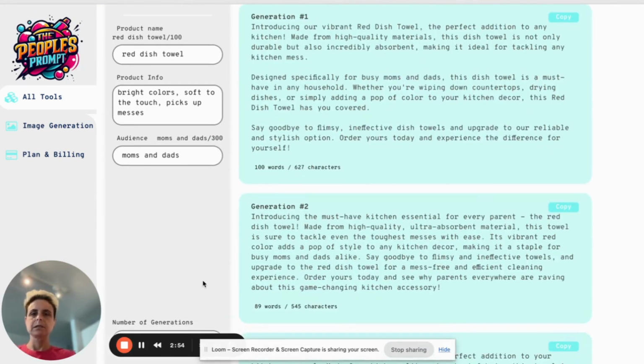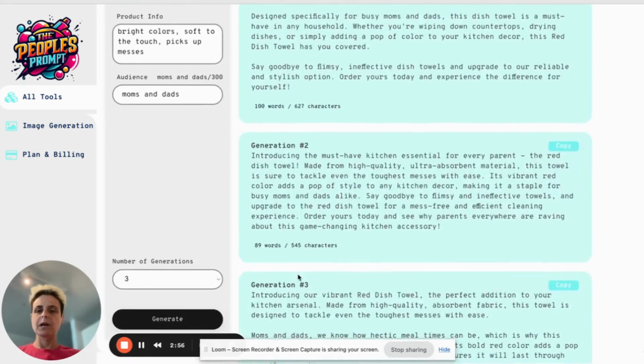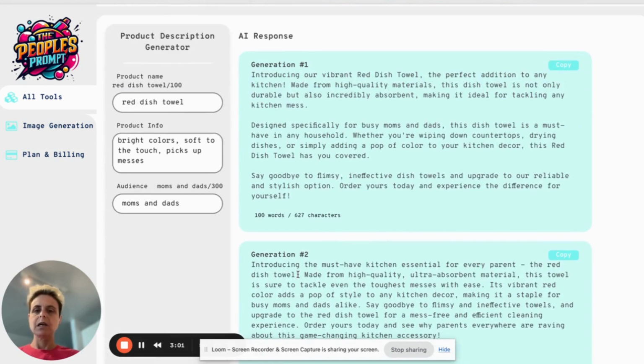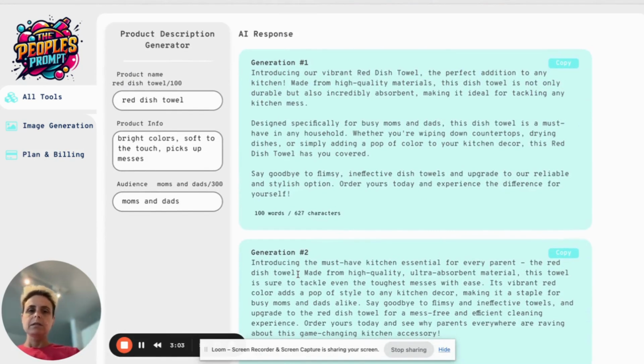Sweet. Okay, so this is actually really perfect. This is exactly what I wanted to see. So, this gives me the exact description that I could possibly need. Everything I could need in it, which is great. I'm imagining building out a Shopify store and running ads on it, and really not having to lift a finger as far as copy goes, because I got the copy here describing the product, and then I can actually use some of this to